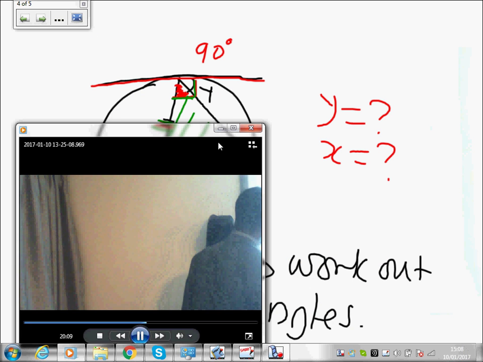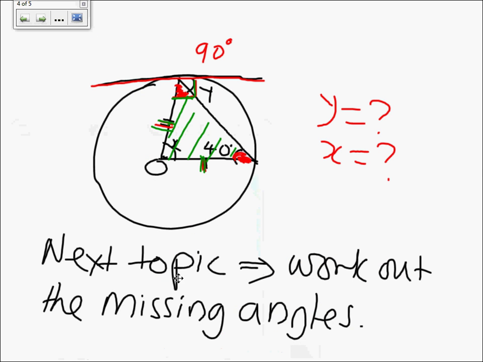Right. So now we are going to look at finding y. We don't know y, neither do we know x. In this question, these two are missing. Now let's explore the properties. What did we say